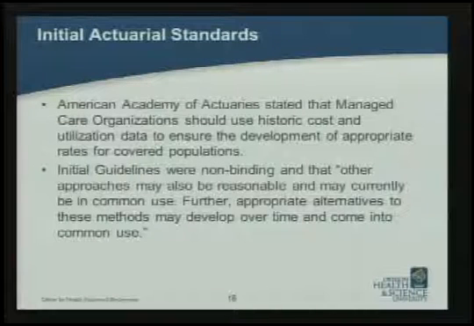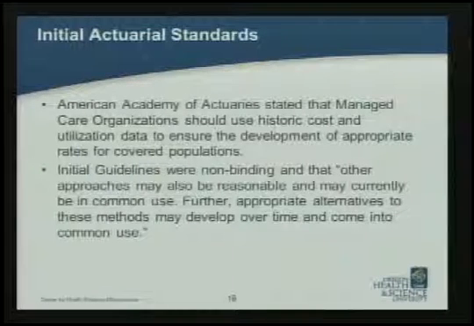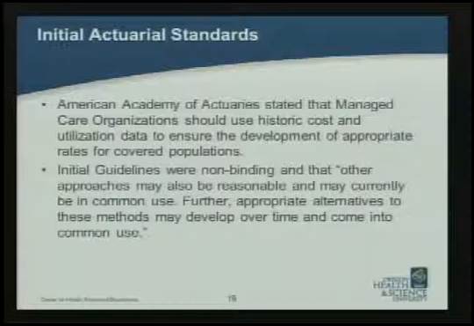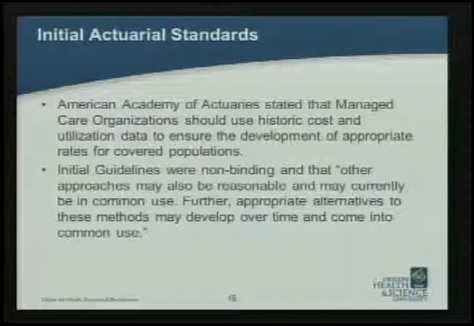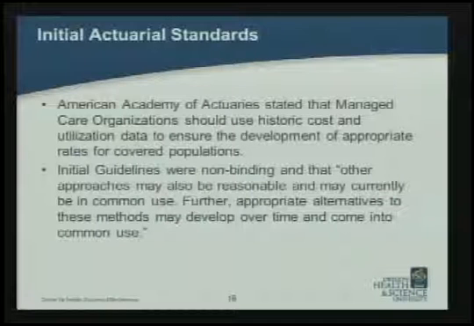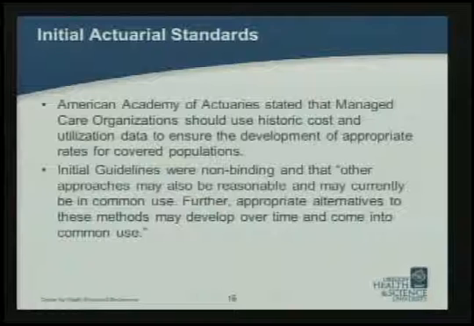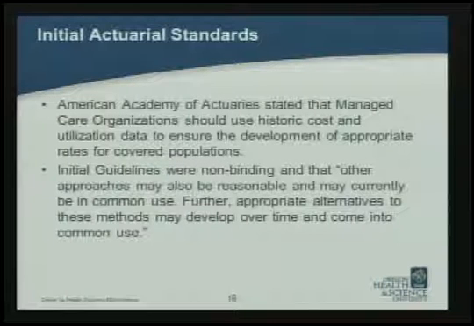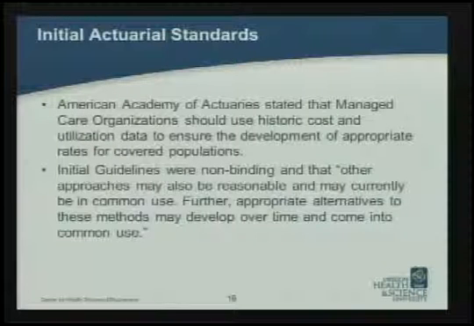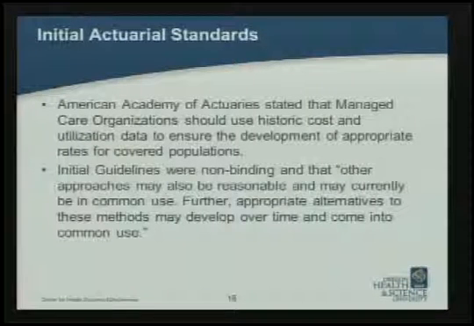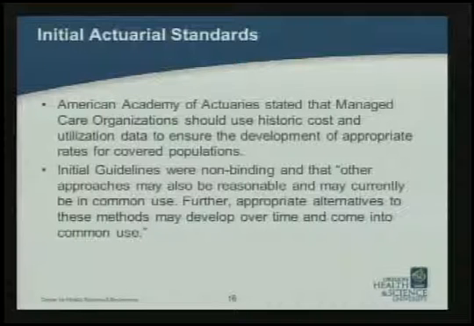So they requested to the American Academy of Actuaries that there has to be some sort of rule that we actually go about saying this, because the new federal law just said actuaries are going to come up with rules and best guidelines to conform to regulations, to which the American Academy of Actuaries said that some general ideas for how managed care organizations set their capitation rates should be based on historic cost and utilization data.